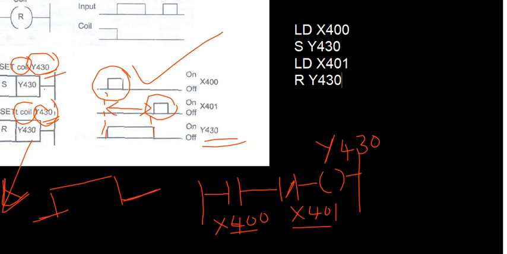So these examples are very important even from the point of view of examination also, right? So now let me first write the problem statement. I think all of you should be able to take this also. Devise a ladder diagram, please note down, devise a ladder diagram using SR coils, that is set reset coils, to activate